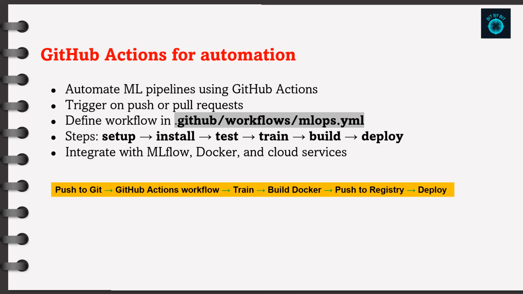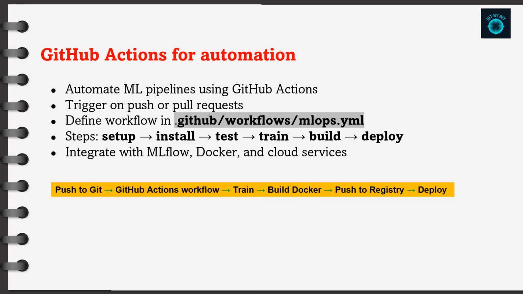Every GitHub action starts with a workflow file, a simple text file written in YAML format and stored inside your repository, named MLOps.yml. This file defines when the automation should run, what environment it should use, and which steps to execute. For example, you can make it run automatically whenever someone pushes new code or opens a pull request to the